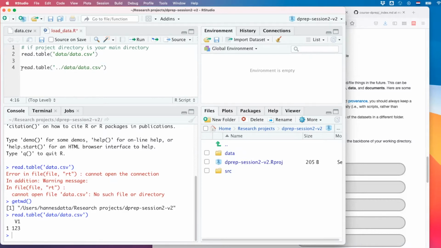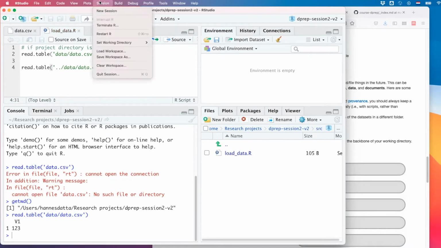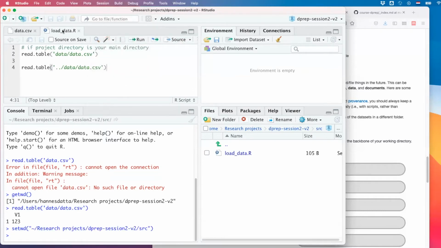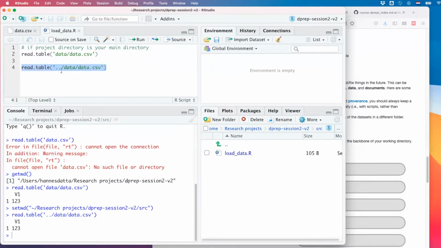That's my way. So in much of my work, what you see is that when I work in a script, I first set the working directory to the source file directory of load data. I do this manually. And then all of my file paths are relative to where my current file is located. And as I'm explaining this to you, I figure you have a strong preference for not doing it the way I do it, because the other thing just seems so much simpler.